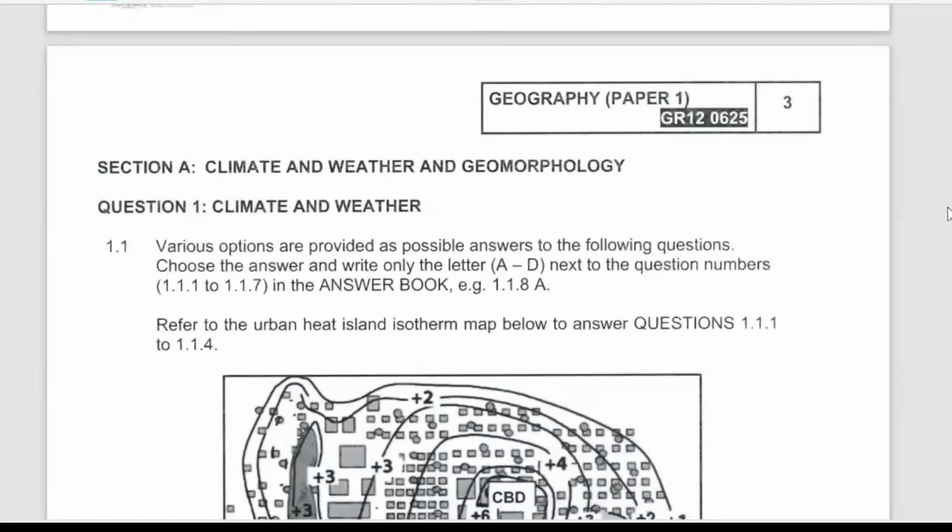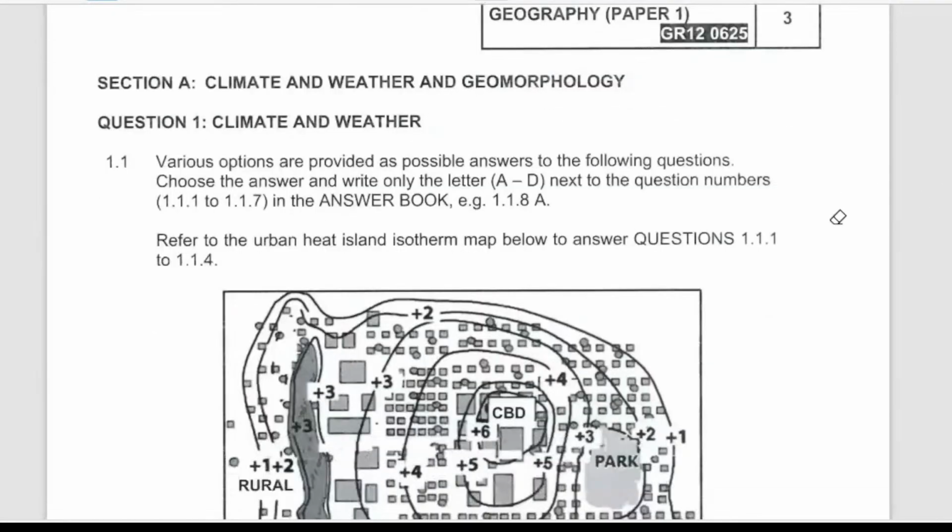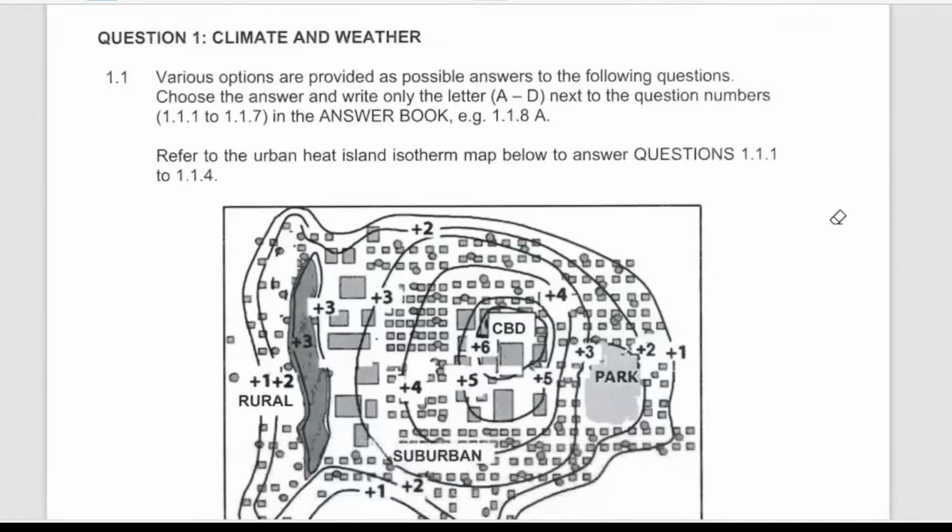Good day, learners. Welcome to the geography discussion, the geography paper 1 for the June examinations of 2025. We want to do a memo discussion for the paper, and give some explanations as to the justification of